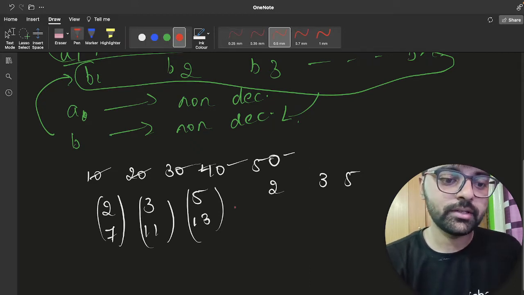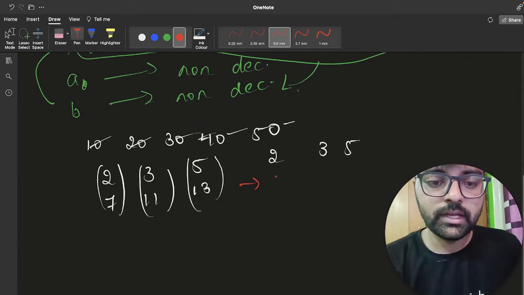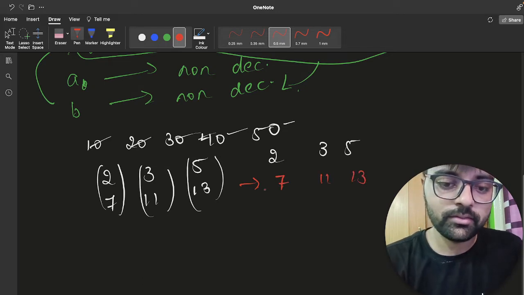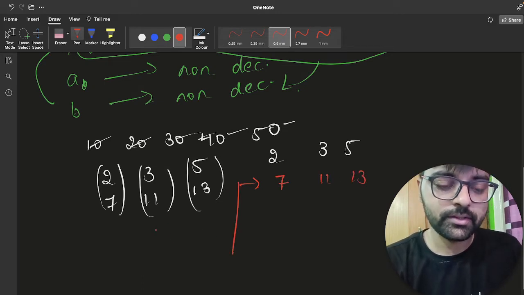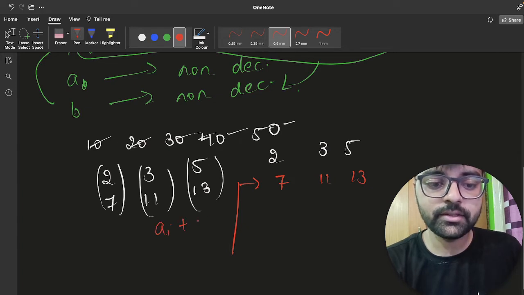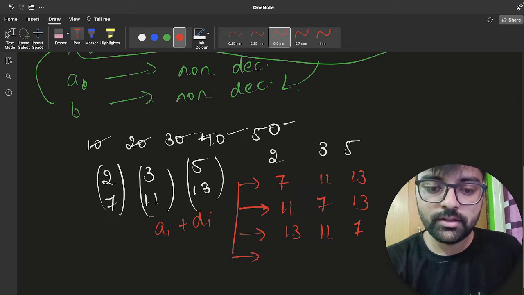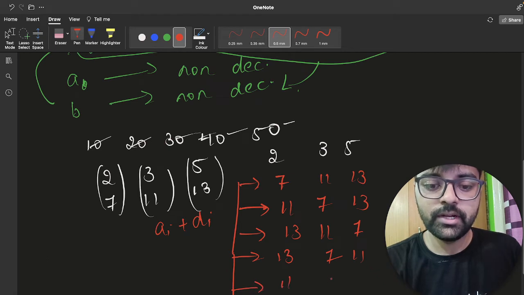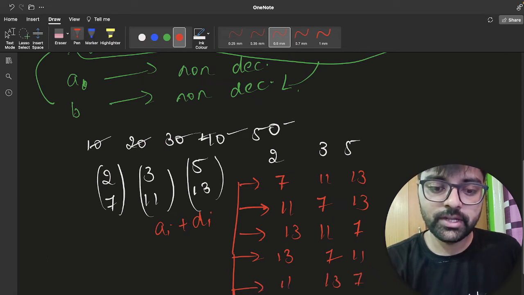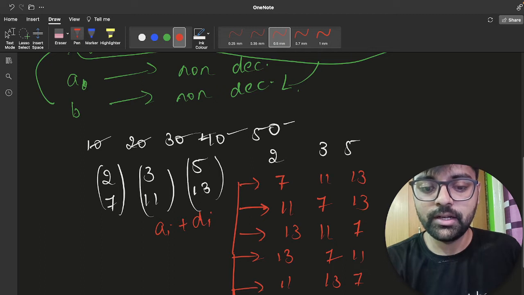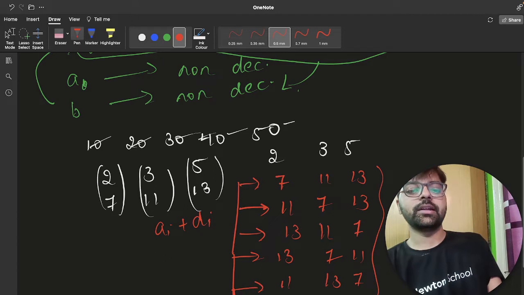B array can be 7, 11, 13 without sorting. I am writing ai plus di array. So what can be the possible cases? 11, 7, 13; 13, 11, 7; 13, 7, 11; 11, 13, 7; and 7, 13, 11. How am I getting this? I wrote all the permutations of 7, 11 and 13.